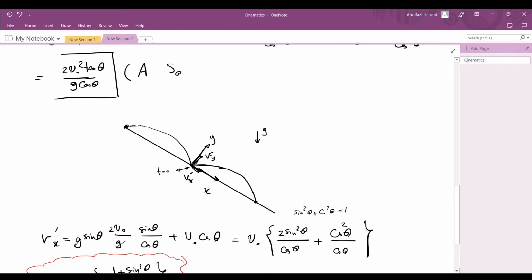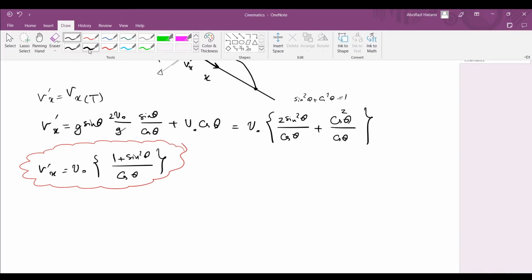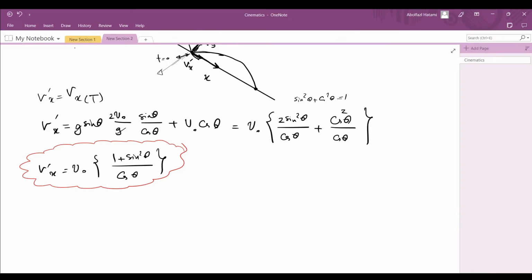You can see here that here is the ball, and it goes and hits the inclined plane, and the velocity vy is downward. But after the collision, because the collision is elastic, we just change the direction of vy, and the magnitude doesn't change. So let me write here, v prime of x was vx at the time capital T. v prime of y is minus vy at the time capital T. And what is that? It was